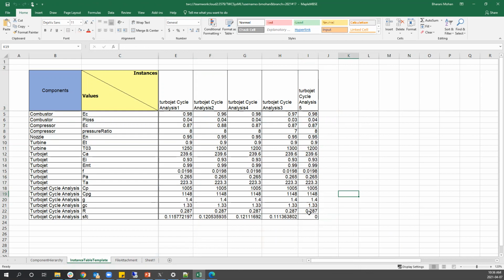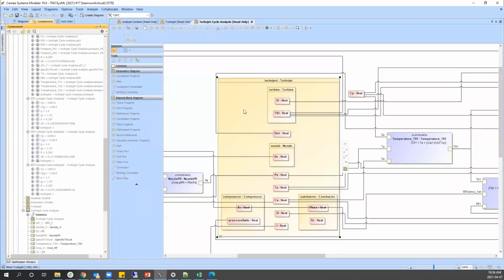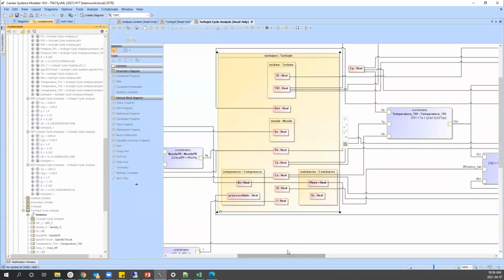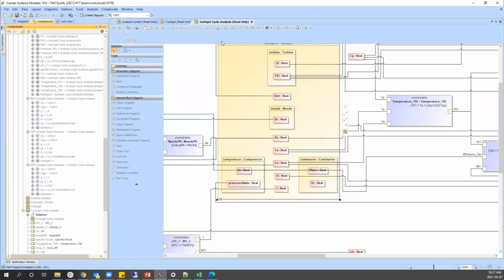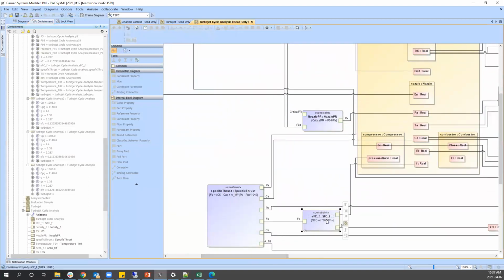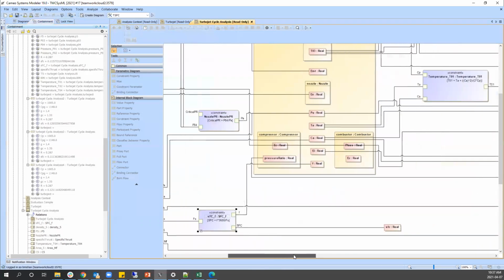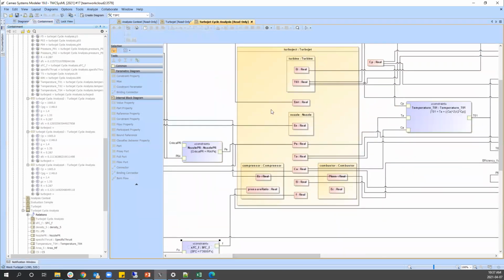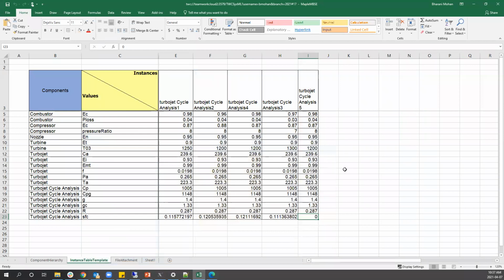you'll be able to see an empty cell here. And we can also see my end goal here in the turbojet cycle analysis is to calculate the specific fuel consumption. So this here is my end goal. I want to calculate the specific fuel consumption, and all the inputs are given in the instance. So that's what we see here. We are able to see all the necessary values needed to run the calculation, and my final output is going to be saved to the SFC.